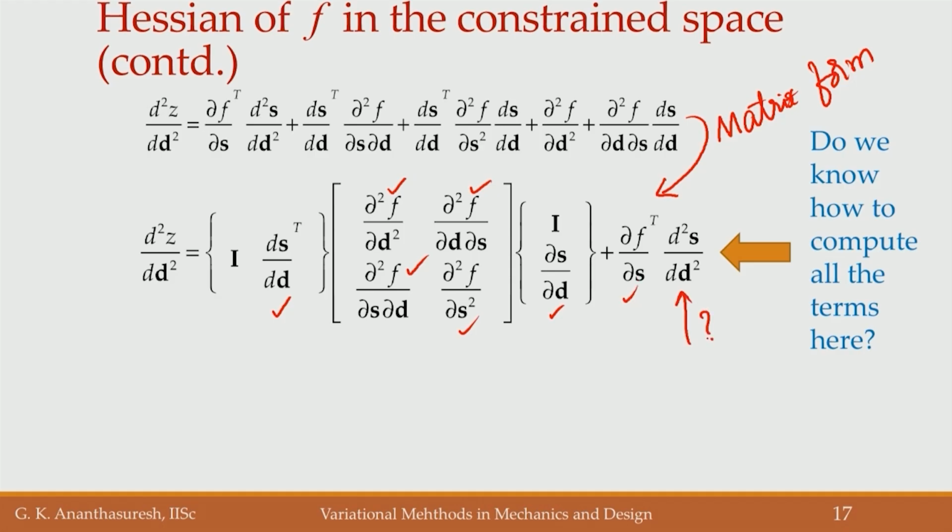We do not know d square s by dd square. We do not know what the second derivative of the solution variable with respect to the decision variables is. In order to compute this, we do exactly the same thing for the constraints. So, we take the second order term of the constraint and we say that should be equal to 0. Then we get this quantity that we do not know. That is what we will do next,